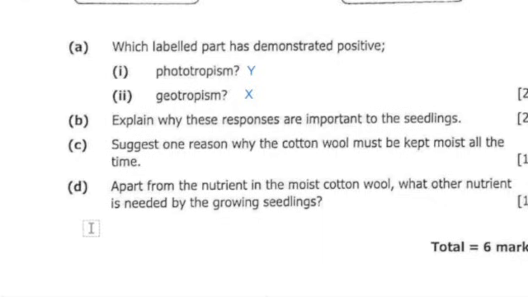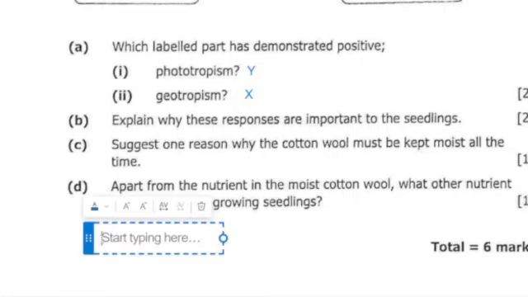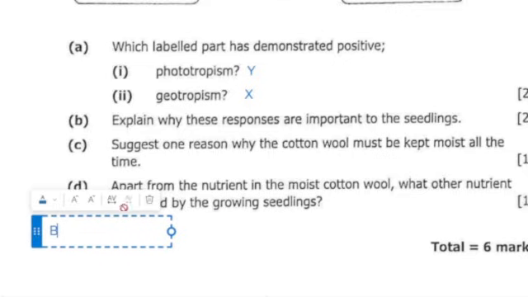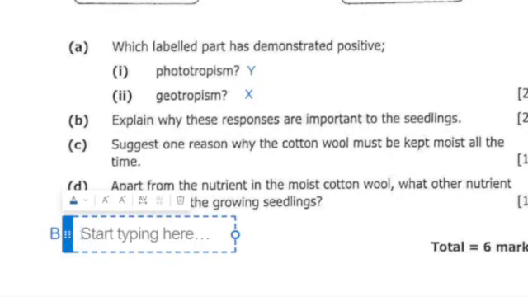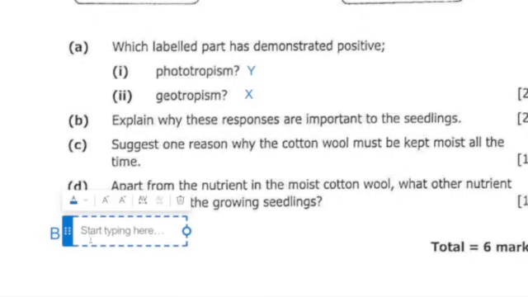So if I come down here, because of space, let me write B first. Let me drag it a bit here and try to make it a bit bigger. So for answers for question B, we say, explain why these responses are important to seedlings. So you can say one,